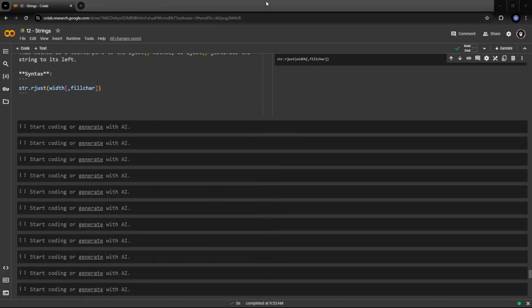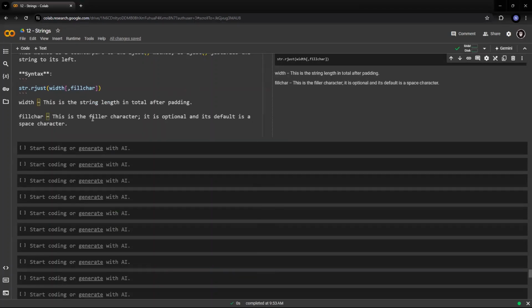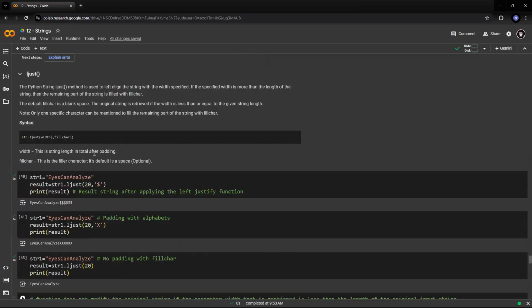The width would be the length of the string, which is an integer that you need to specify, and the fill character is optional, and it should be only one character at a time. We'll use the same examples that we used for